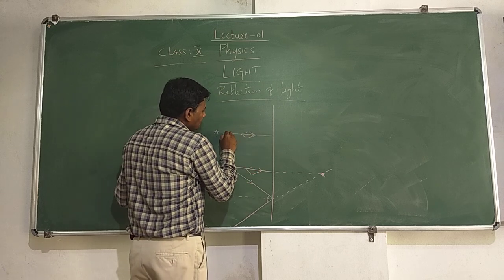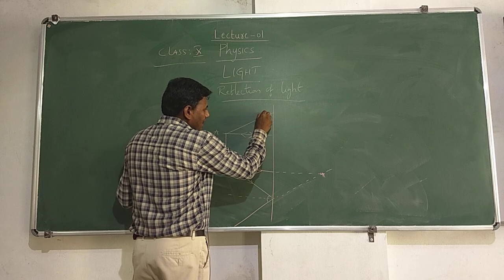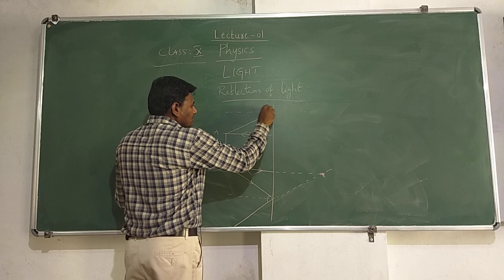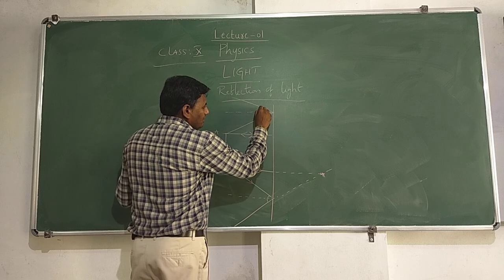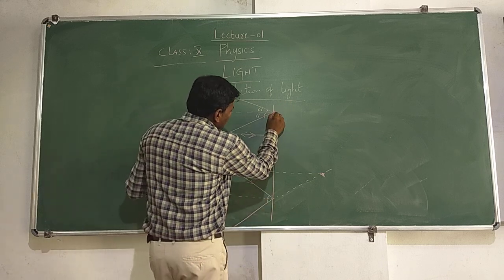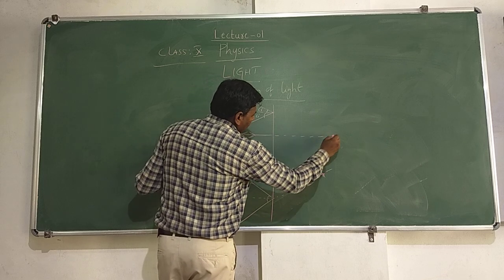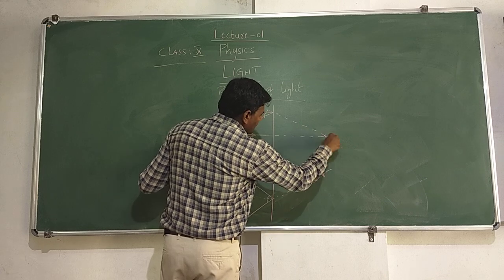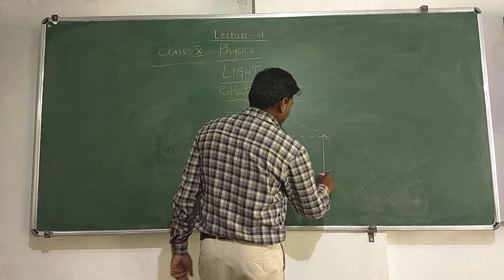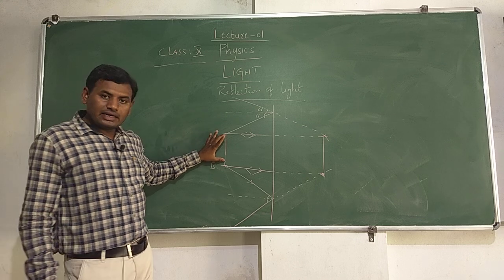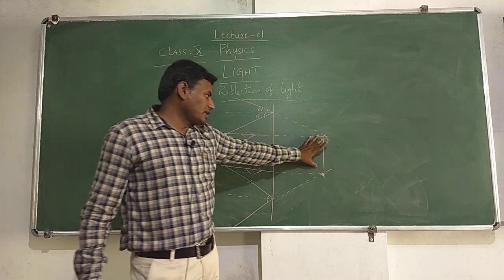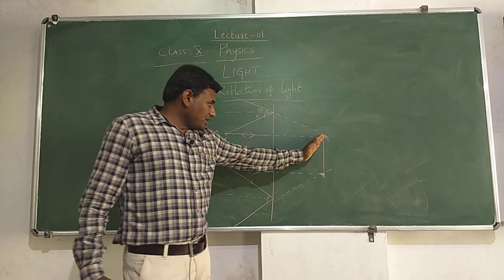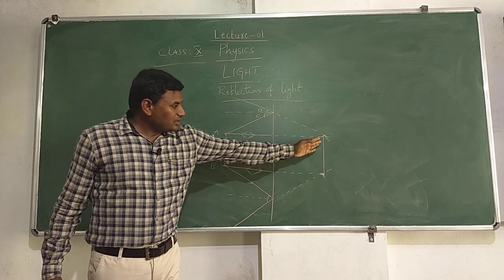Consider another ray which is incident with a certain angle I, and it comes back with the same angle, let it be angle R. Now, extend these reflected rays here, and these two intersect at this point, and this will be our image. Now, we can clearly observe that the size of the object will be equal to the size of the image, and the distance between object and mirror will be equal to the distance between mirror and the image.